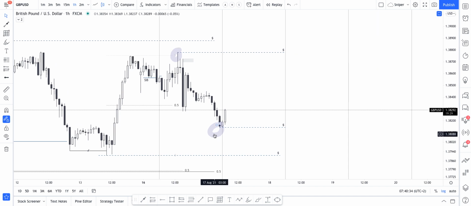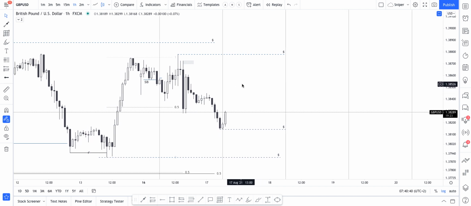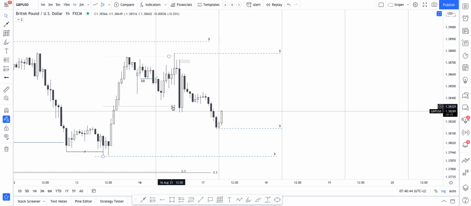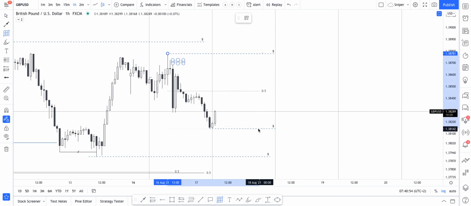So that is just why I do it, and it's a habit that has helped me a lot. So now I need to look at where price is going to next. So we can take that away, we can take that away. We can now see this is the new impulse leg, and we can then put our premium and discount tool on it as well, and we can see that